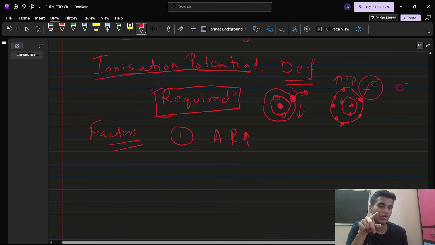This will have very low IP because it does not want to lose; fluorine wants to gain an electron. It wants this electron to join here so that it can attain stability like neon. Okay, so we go with the trends now. Factors, sorry. So atomic radius, if it increases, now visualize a little: if atomic radius is increasing, so the outermost shell